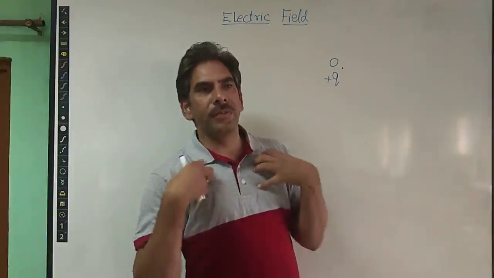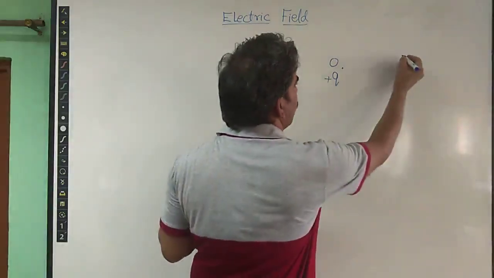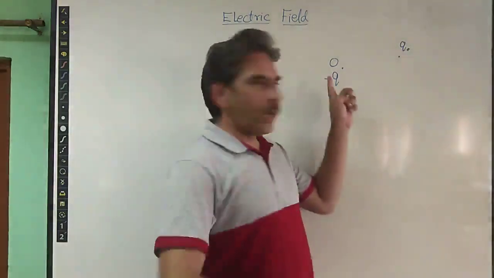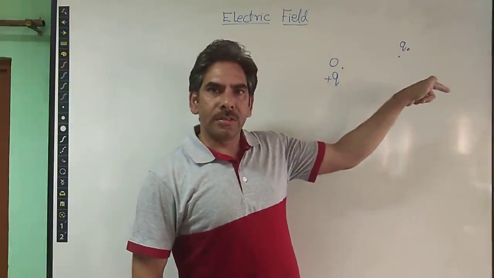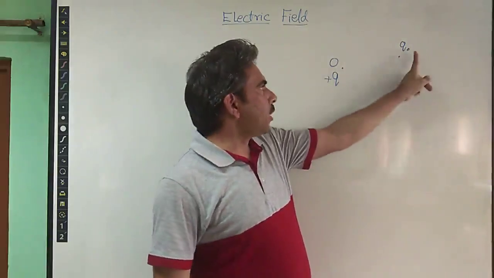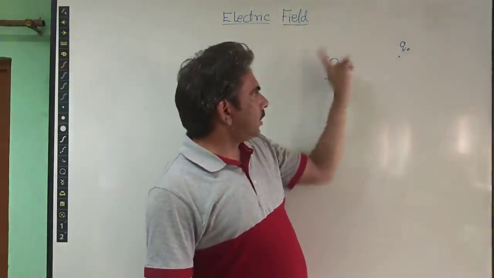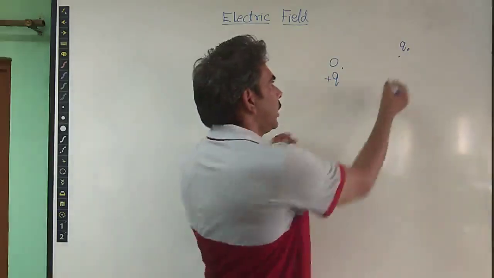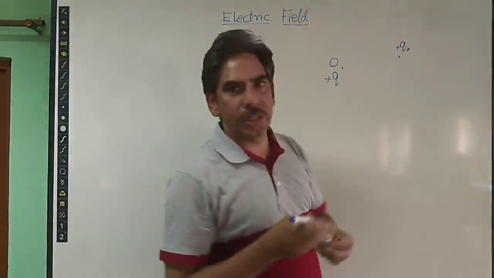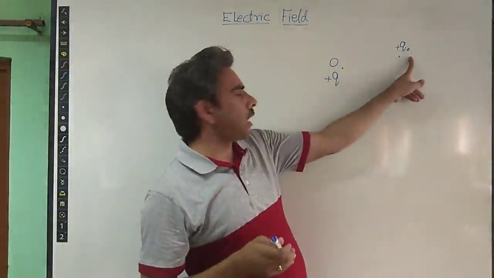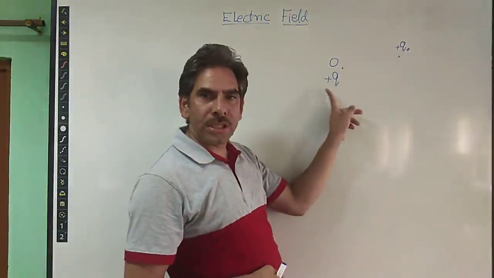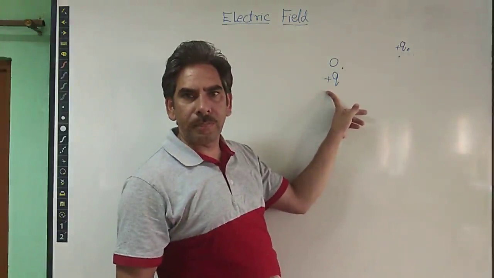In the second step, we try to bring some charge called a test charge Q0 to any point in that electric field where the charge is influencing any other charge. So we bring a test charge Q0 into the electric field of this charge, and it starts experiencing some force. We take 1 unit of positive charge Q0. So Q0 is the test charge which is placed in the electric field of this charge Q. This charge Q is called the source charge, right?